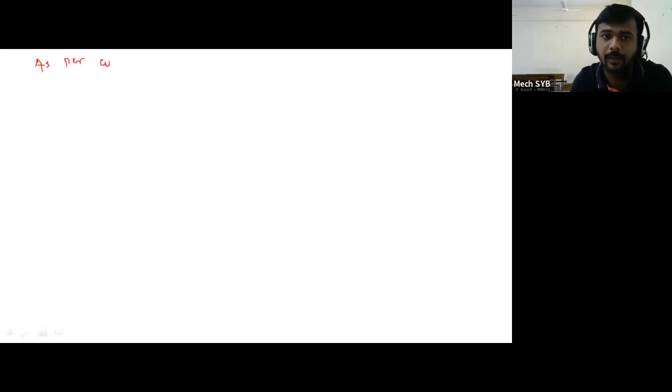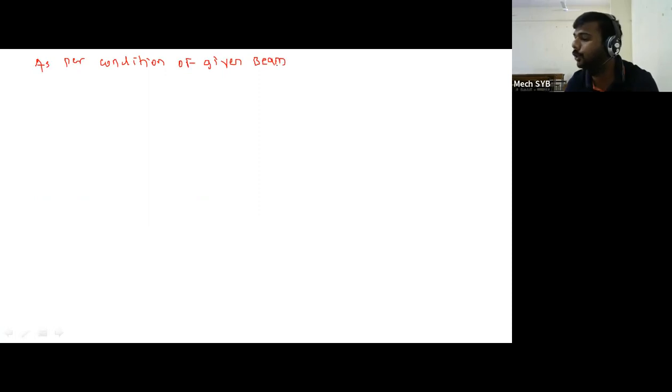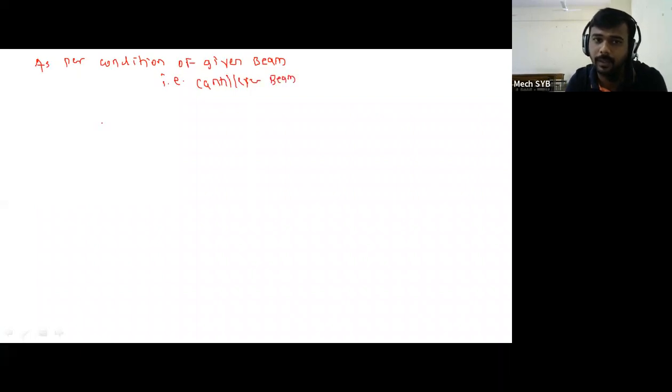As per the condition of the given beam, that is cantilever, capital M is equal to